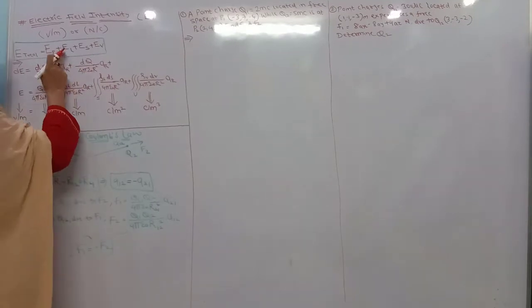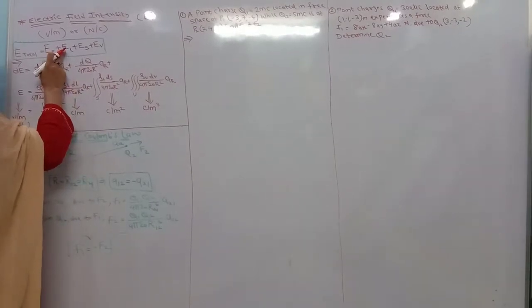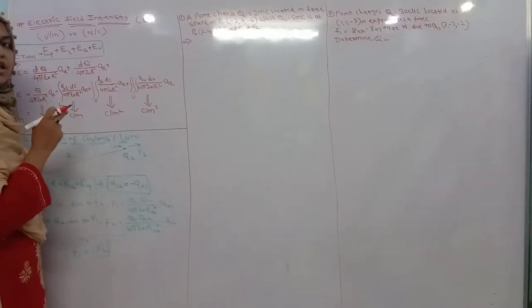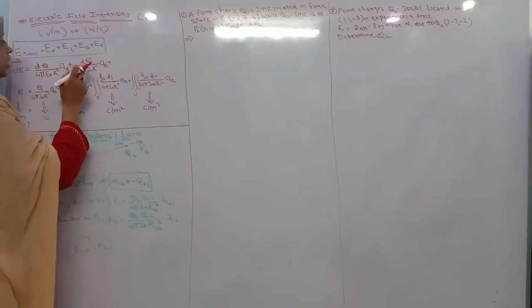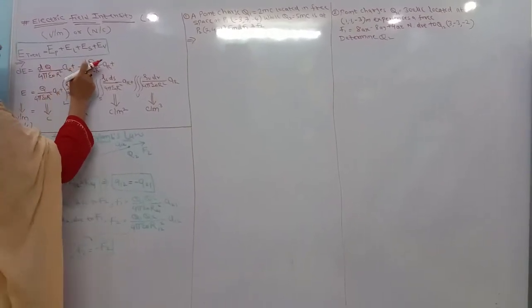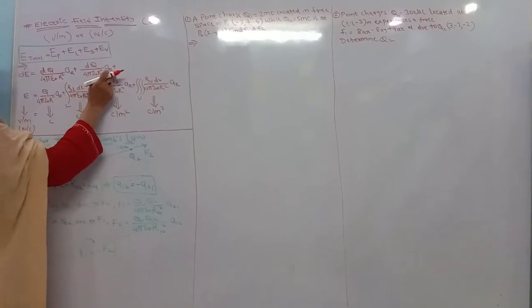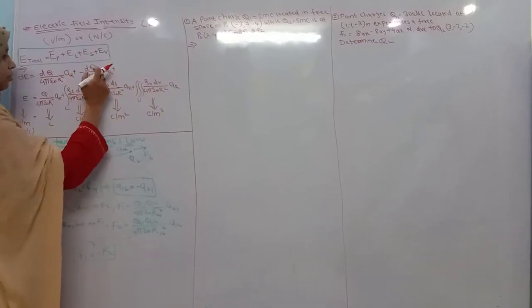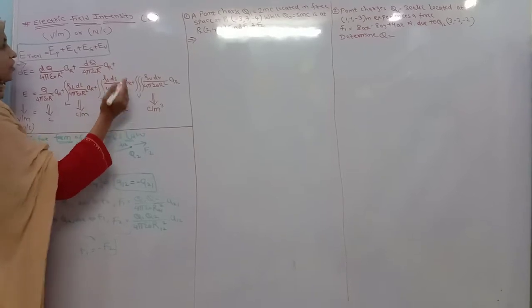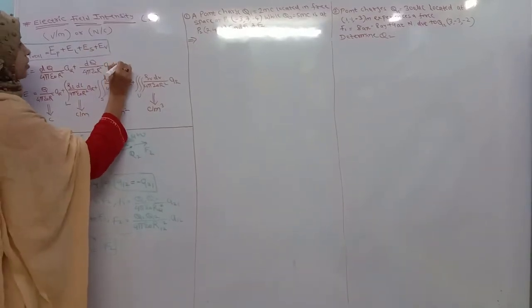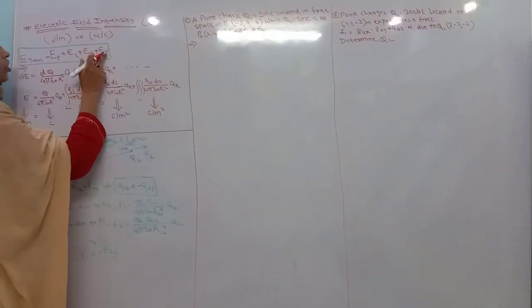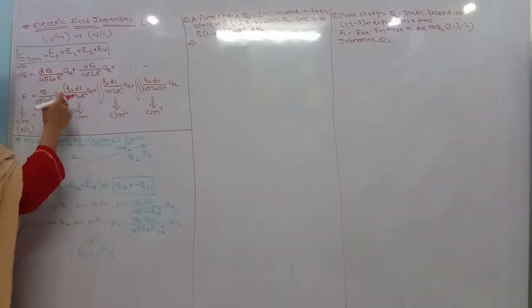Okay, now if you are talking about the electric field intensity related to the line charge, at that time this is dq divided by again 4 pi epsilon 0 R square AR. But how this dq will be converted, that we will see further. Similarly, likewise for the ES, for the EV. But how can we identify?